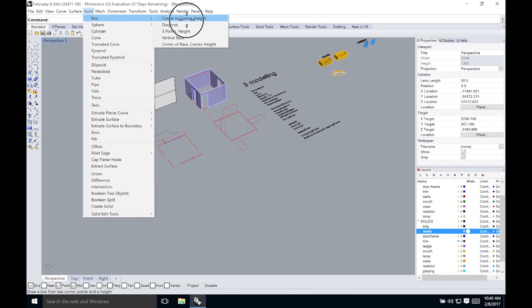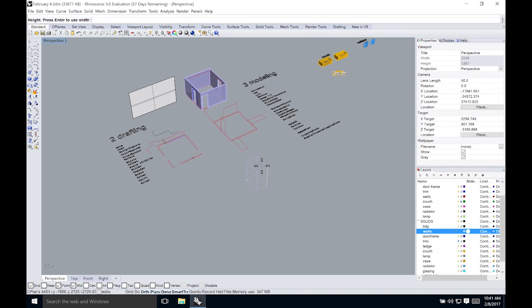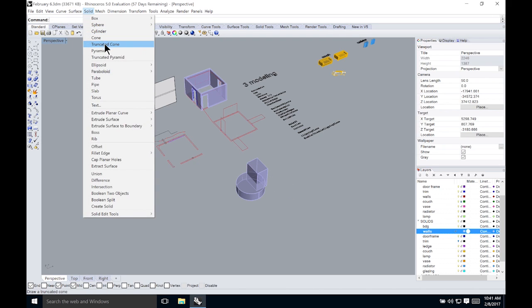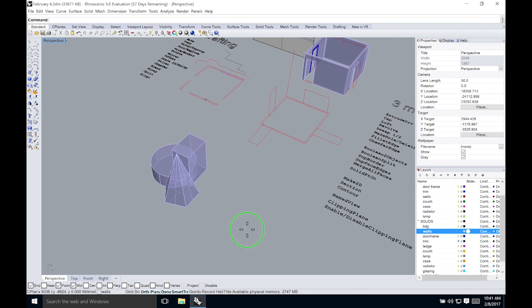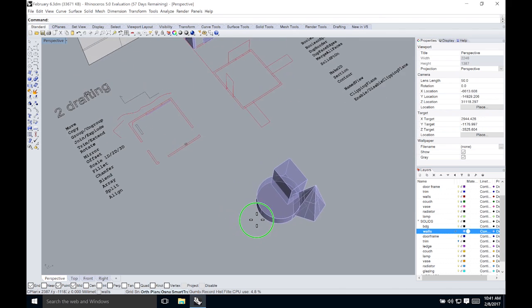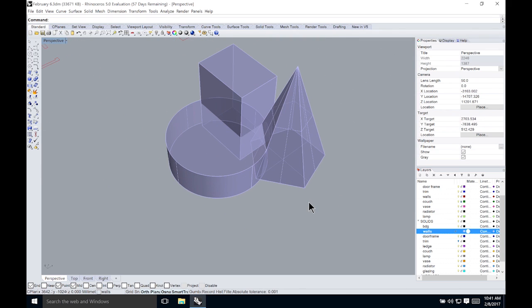I'm just going to draw a quick box and a cylinder, and I'm purposely drawing these so they intersect. And this is again totally random, but if you have any kind of solids that you want to use